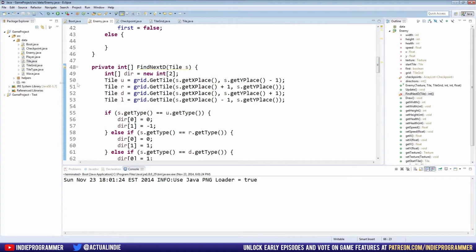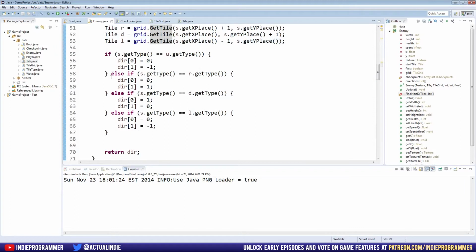So now, when we call find next direction, we're going to pass in the tile that we're on right now, and we're going to make a placeholder integer right here. We're going to set the 4 possible options, up, right, down, left, for where we're going to move to next. And then we're going to check which one is the same type as us. And when we find one that's the same type as us, you know what, we should make a last case thing here too. Else,